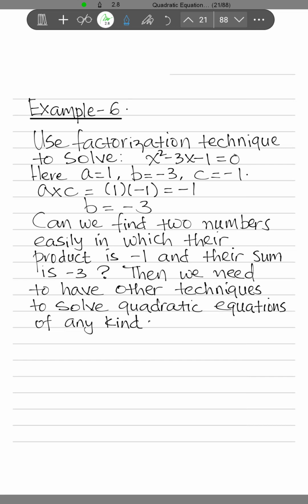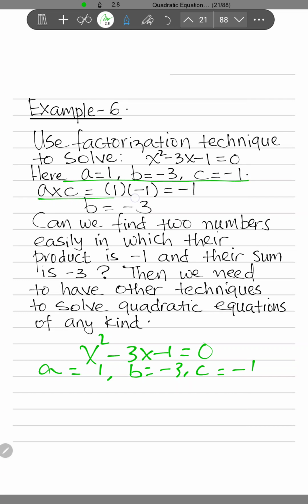One more question here, and interesting in fact. An equation of, say, x squared minus 3x minus 1 is equal to 0. A is equal to 1, b is equal to minus 3, c is equal to minus 1, which is here already. A times c is minus 1, b is equal to minus 3. Can we find two numbers in which their product is minus 1 and their sum is minus 3? That's a question here. We're going to use a technique of